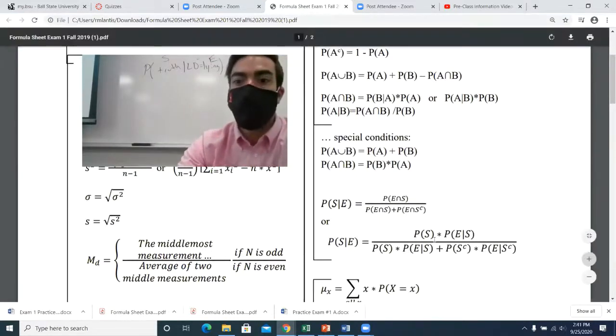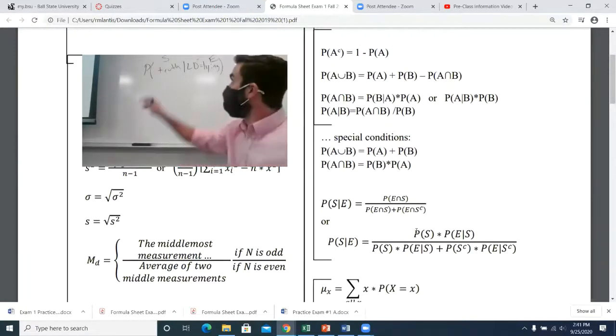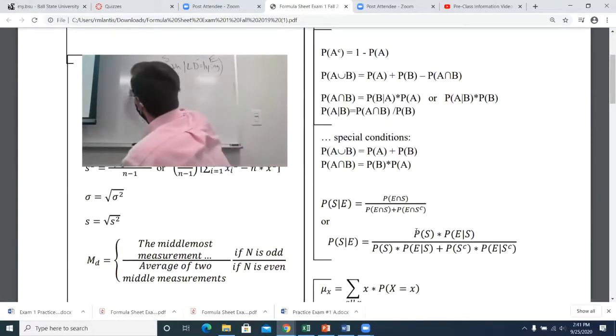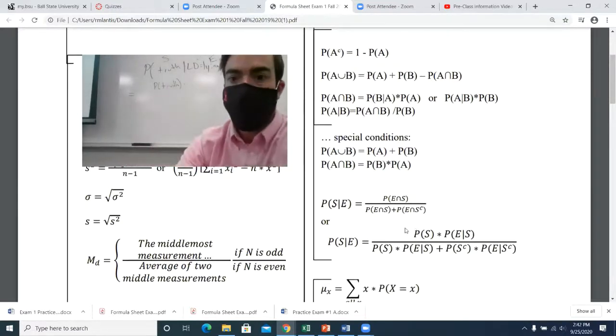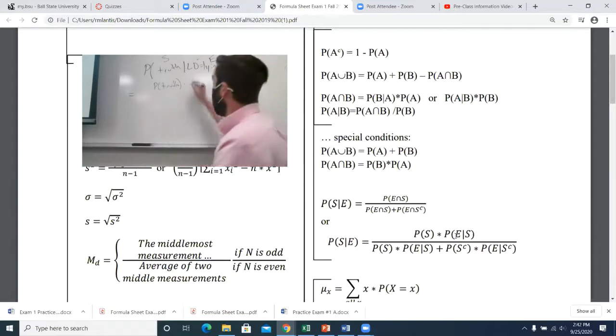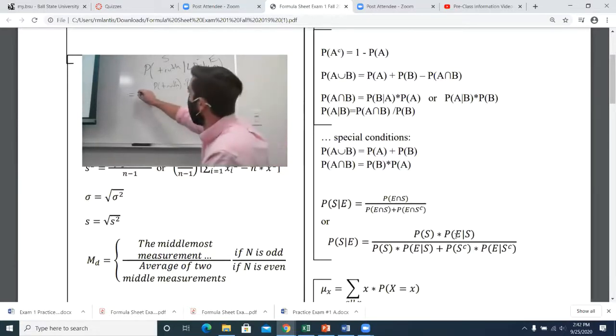So I'm just going to write out this formula in the context of my example, okay? So what is my S? Well, my S is that they're telling the truth. So I'm going to take the probability that someone's telling the truth, multiply that by the probability of E given S. So my E is that the lie detector test says they're lying, given S, that they're telling the truth, right? And then I'm going to divide this by,